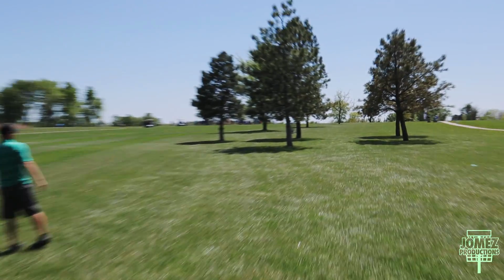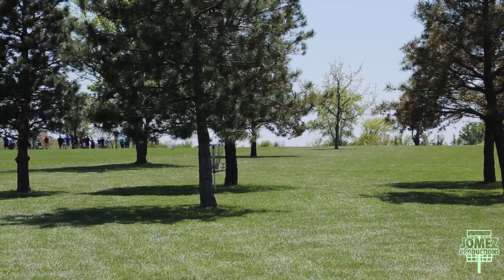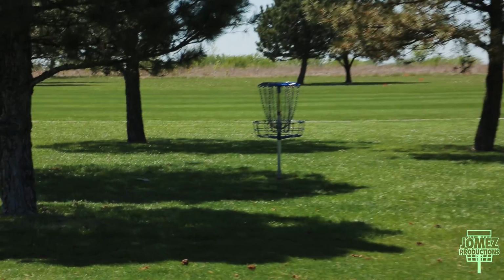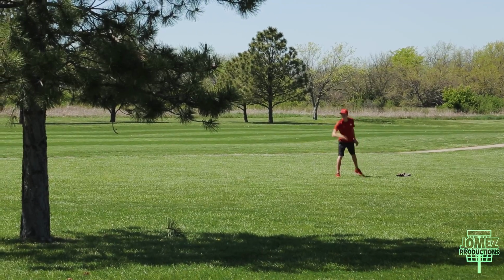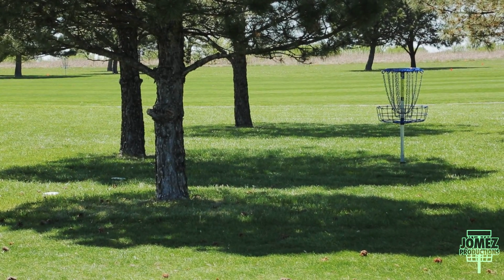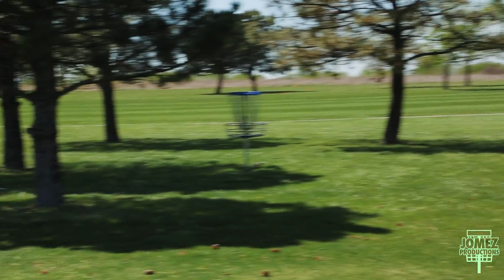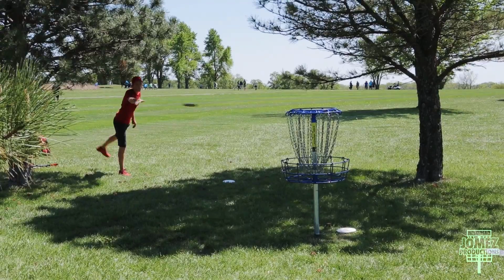All right, Eric first with his upshot. Has to play a hyzer line around that last tree protecting the basket, but puts it under there no problem. Nate a little further to the right so he could go a little more straight at it. And Simon, similar look. Actually a good run at it too. And you're just playing the jump putt. Were you running at that or just trying to get it under for the 3? I'd like to think I was running at it, but...